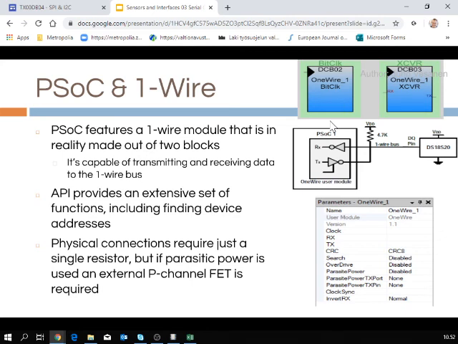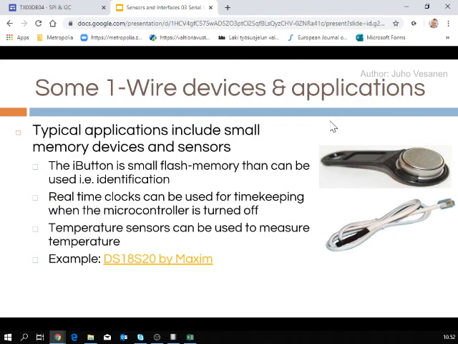I would say it would be one full working day of doing it from scratch, or 15 minutes by borrowing somebody else's code. Okay. So, but anyways, these one-wire device applications,